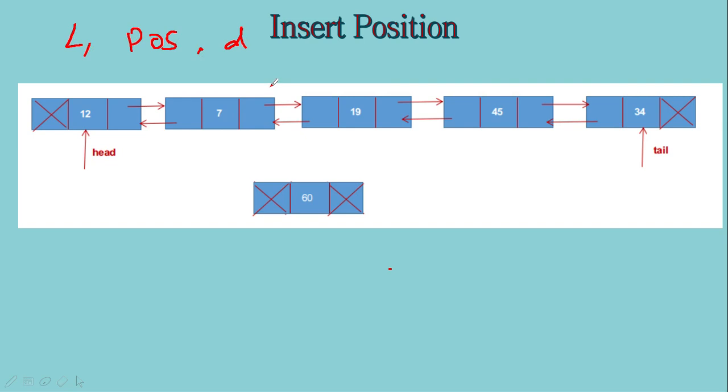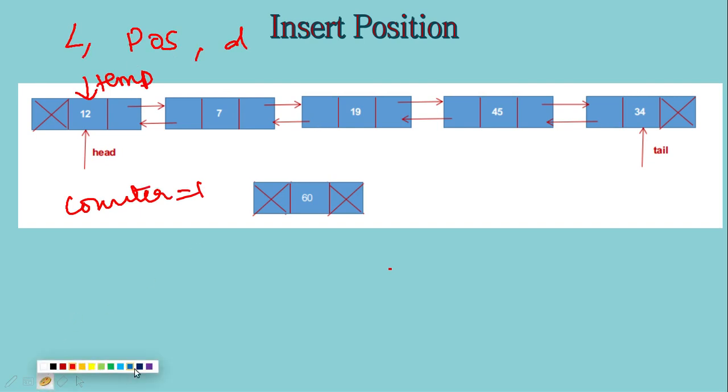So in the first step we have to create a node and then put the data in the data part, and make its previous and next part null. For this we have the create node function. Then we have a temporary pointer which will point to the first node, and a counter. We have to move to the node at position -1 using this counter. We check the counter and move temp till temp points to the node at position -1, and then we manipulate. This is the core idea of this particular algorithm.